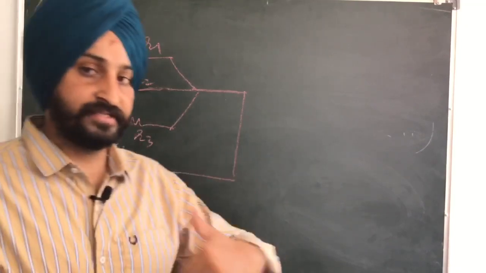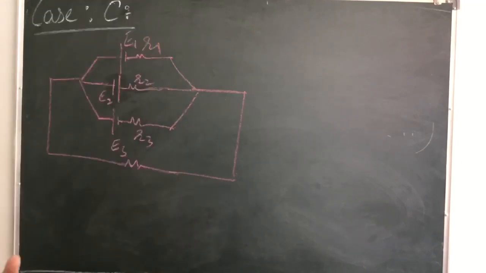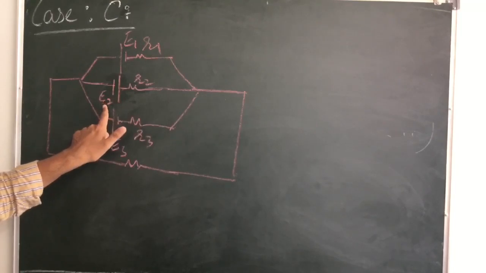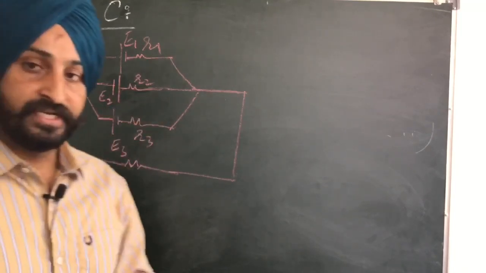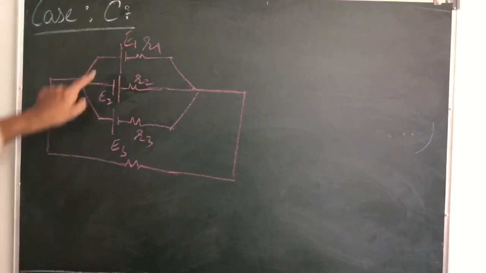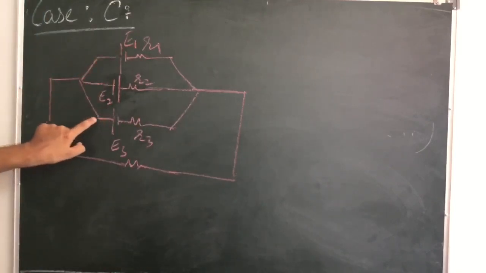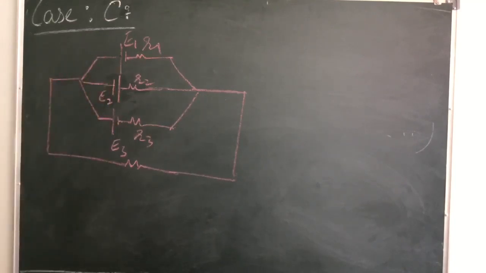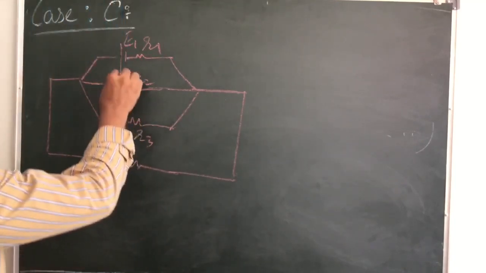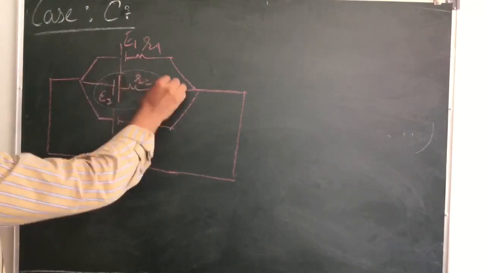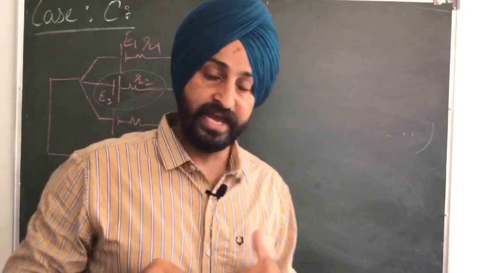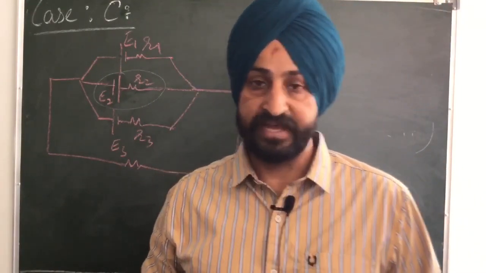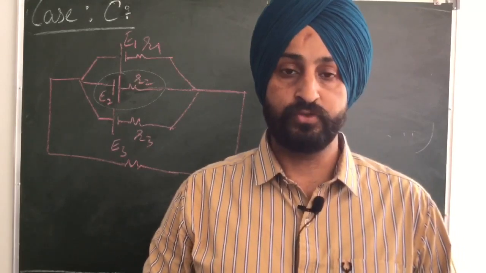We can have n cells connected in parallel, but out of those, here I have taken one cell of EMF E2 and internal resistance R2 connected in opposite order. See, positives are connected together, but for the second cell, the negative terminal is connected to the positive terminals. So basically we have reversed the direction of this cell. So when we have any question like this, we will again be following the same method. We will be using Kirchhoff's rules to get our desired results.